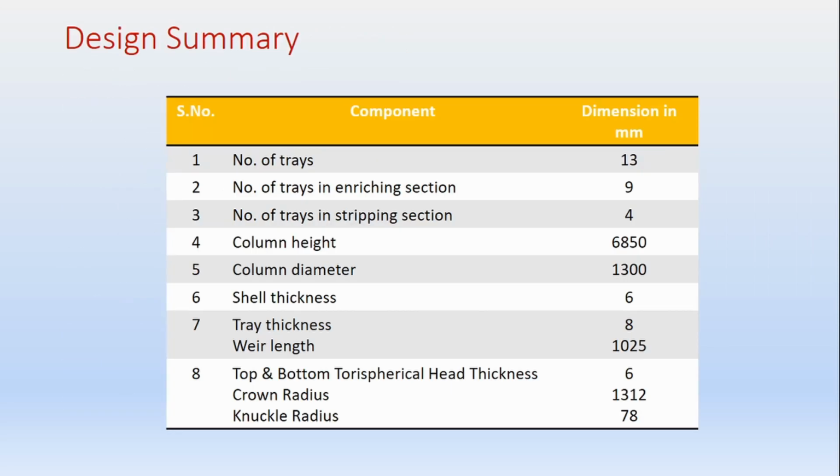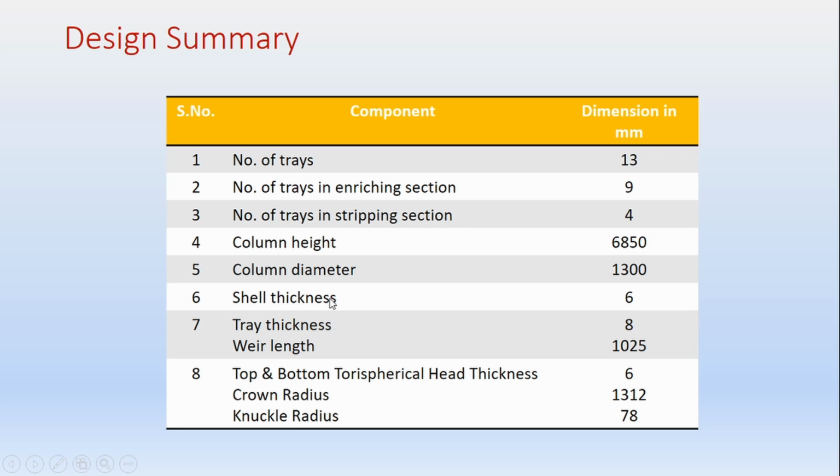So this is the summary of all that we have designed in this presentation. We determined the number of trays. The actual number of trays is 13. The number of trays in the enriching section was 9, and in the stripping section there were 4 trays. Column height is 6850 mm, column diameter